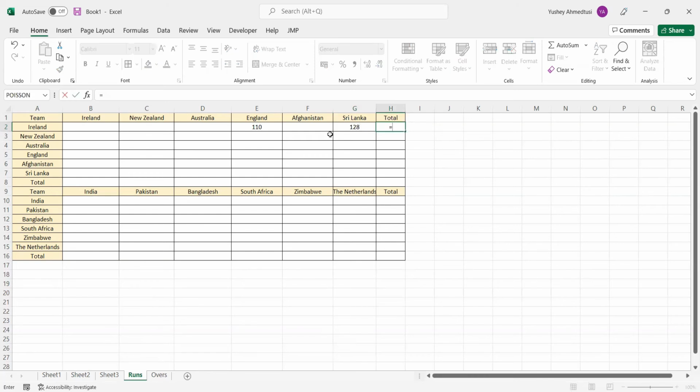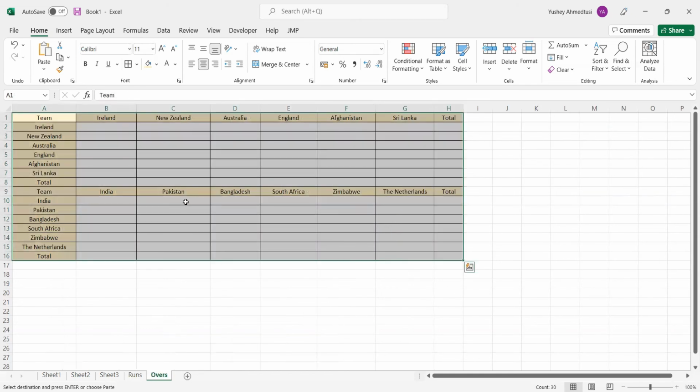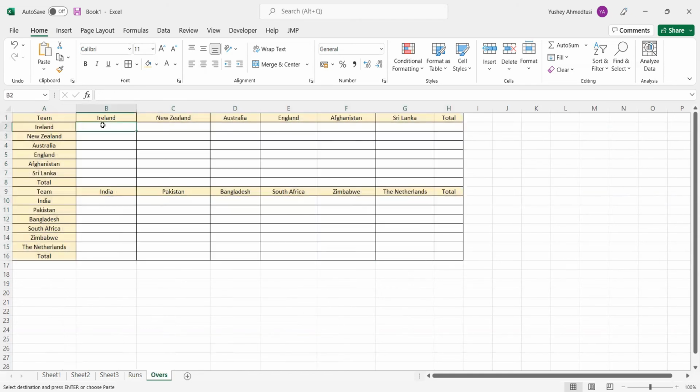And in the end, we will just total it up, or maybe we could use a sum as well. Both are fine. Control C, Control V, and in this part here,